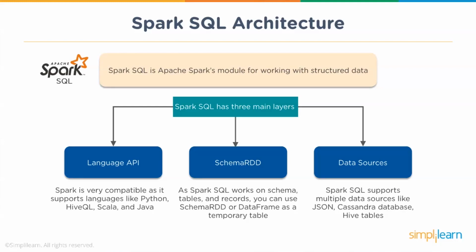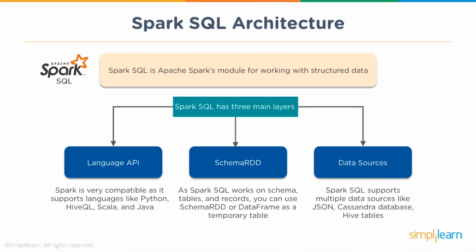When we talk about schema RDD, Spark SQL works on schema, tables, and records. And what it creates behind the scenes is a schema RDD or an RDD which has schema within it, which helps the DAG scheduler to understand the data and the steps which are being performed. And as I said, in newer versions, your schema RDD is your data frame, which is nothing but a representation of your data in the form of rows and columns with column headings, and you could call it a temporary table where your data is getting stored.